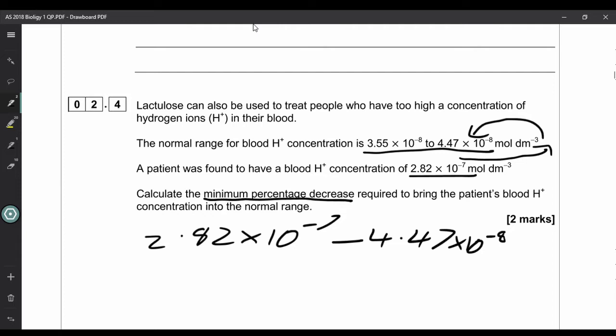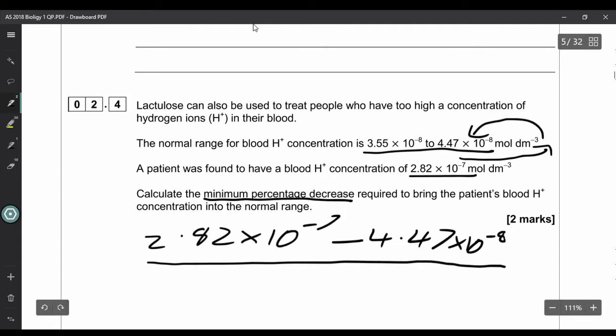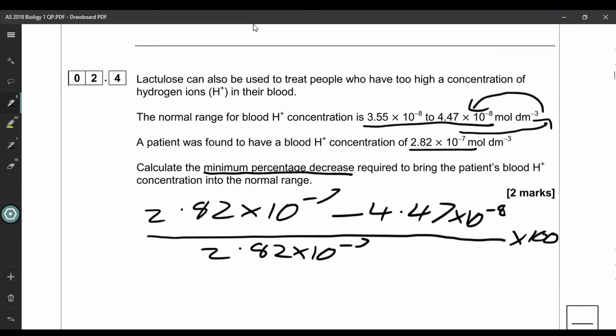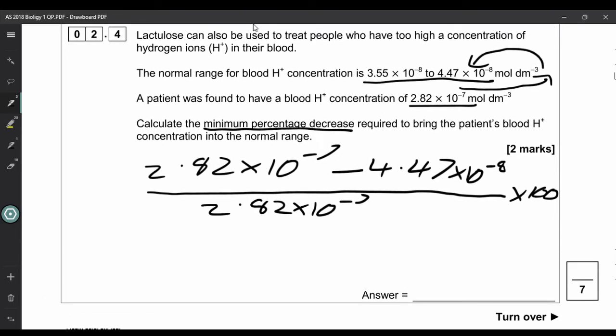And because it's asking for a percentage, we need to divide that by the original concentration, so it's 2.82 times 10 to the minus 7, multiply that by 100 to give us the percentage, and that comes out to be 84.1%